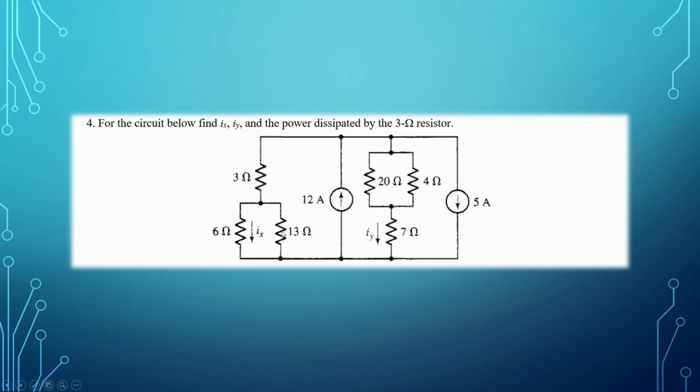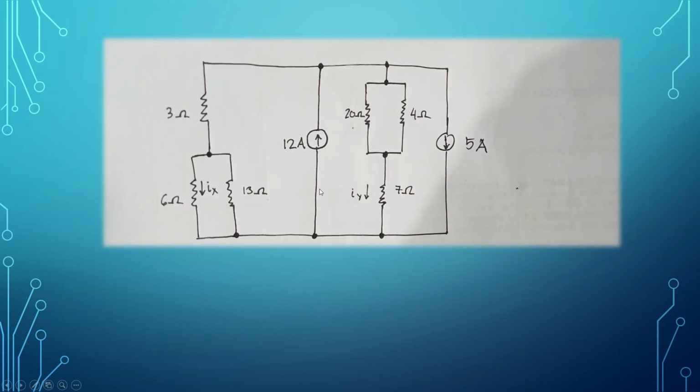Next, we're going to be solving this problem. For the circuit below, find Ix and Iy and the power dissipated by the 3 ohm resistor. So we are going to be looking for the currents passing through here and here, as well as the power of the 3 ohm resistor. So here is a redraw of the same problem,